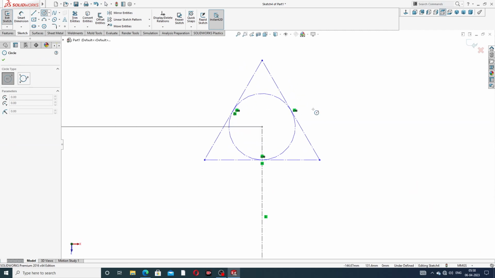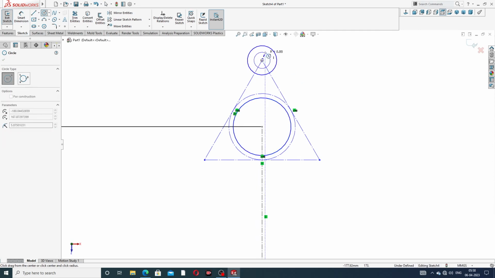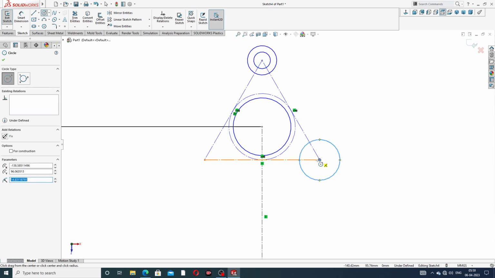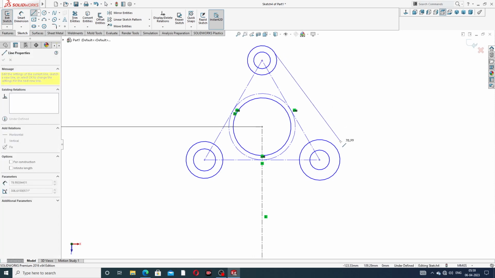Okay, and also draw this circle here, and these are 2 circles drawn. This circle is drawn easily, because we use a pattern, and a circle is drawn here. Okay, and this is connected to this,